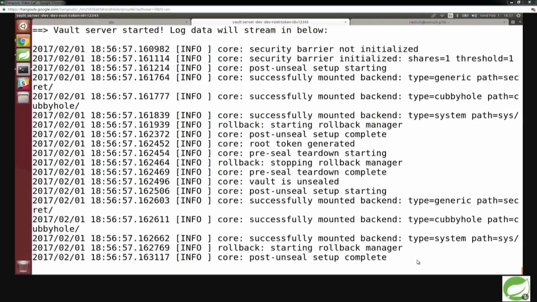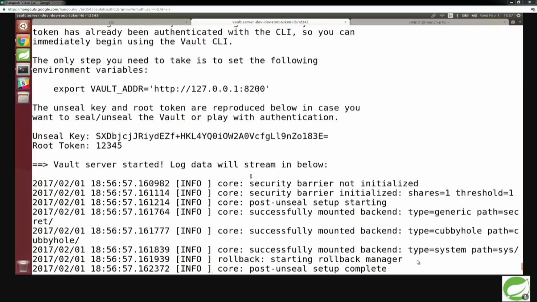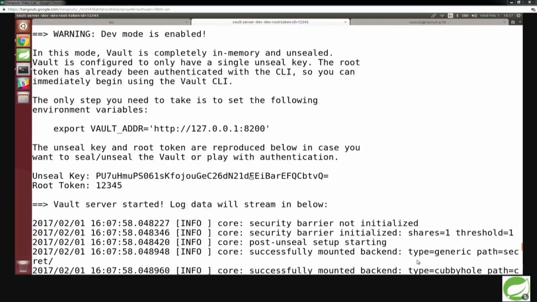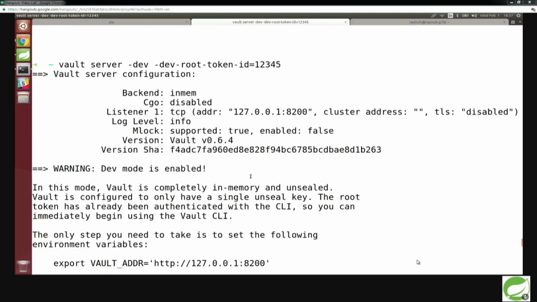So you see I just started up the server, and we're going to look at the command lines. Hopefully you can see it in the back. There we go. Is that big enough to see in the back? At least, okay, cool. So vault server -dev -dev-root-token-id. So what am I doing? Well, the Vault server is saying I'm using the server aspect versus the client.